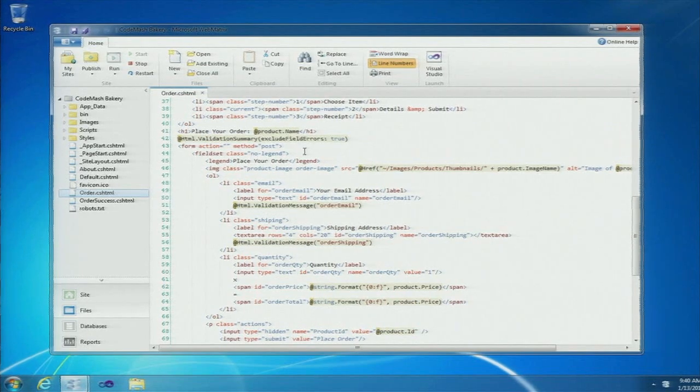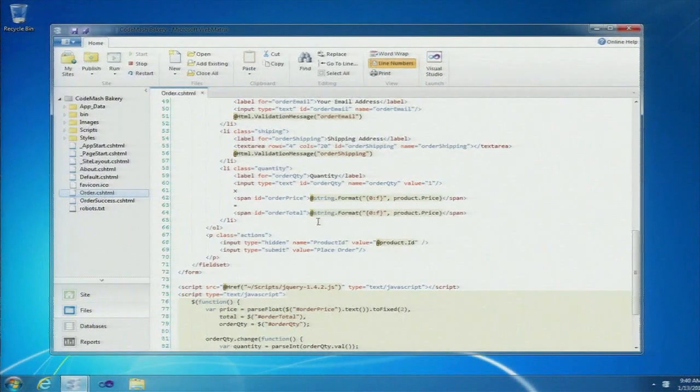And you might think, well, this looks familiar, something like classic ASP or PHP. And that's right, but there's a subtle difference. The @ symbol means that we can easily transition between markup and code without having to close off our code statement. And that's inside the Razor parser, and it's very, very useful and makes it easy to write web pages.